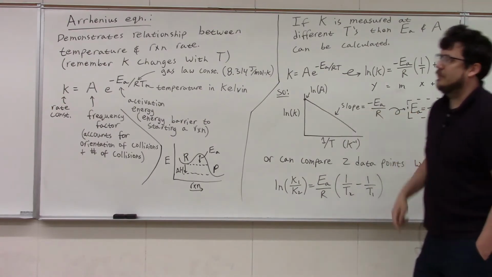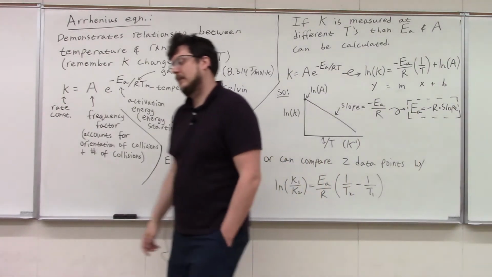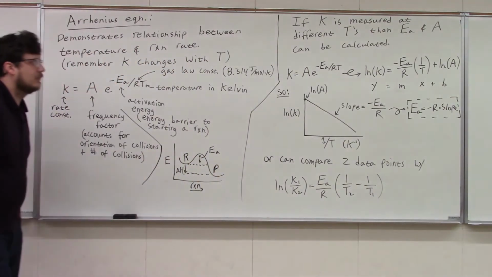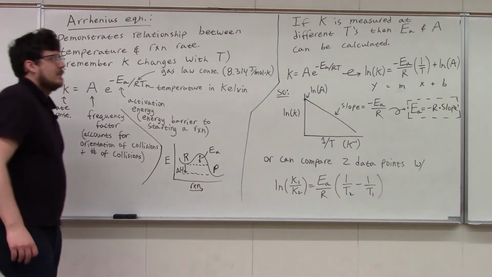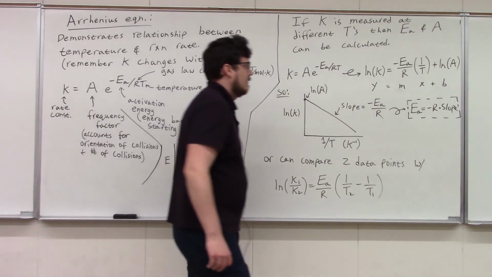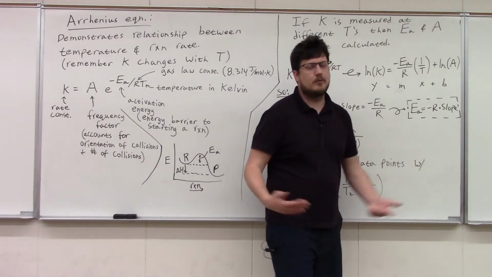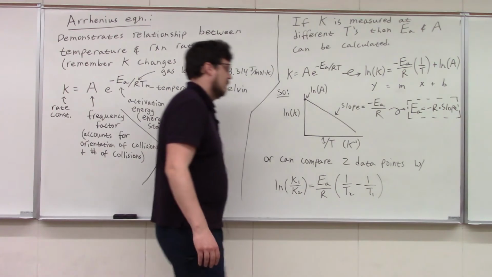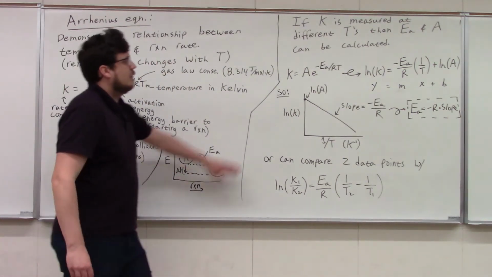Slope of our line has units of Kelvin. Heads up on that if you have to work one of those problems. And so Ea comes out to be, in this case, joules per mole. You might have to convert to kilojoules per mole if SmartWork wants you to. Just a heads up on that. So we can plot a graph,